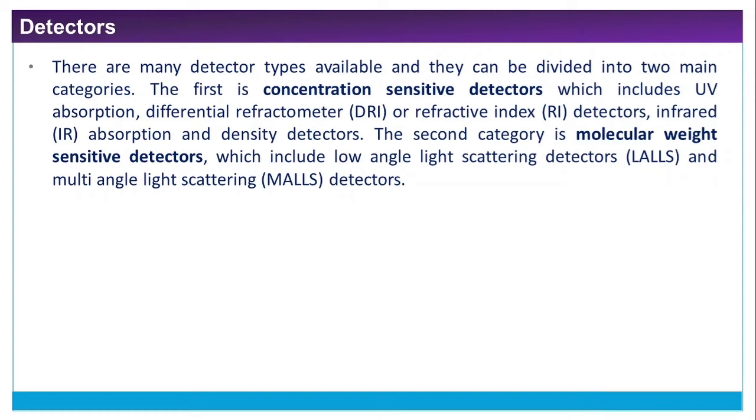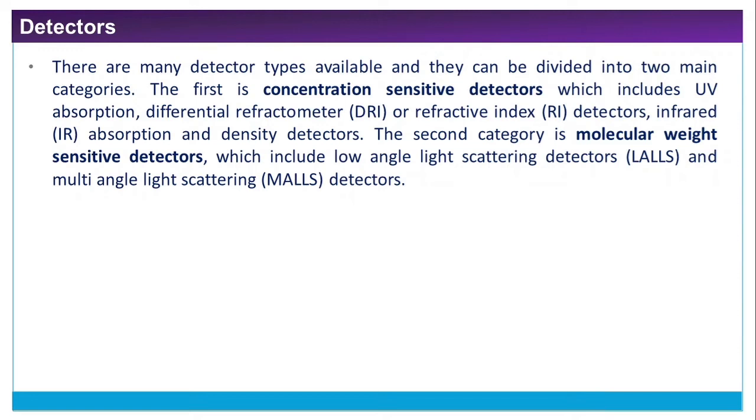These give information about the concentration of the components coming out from the column, and include UV absorption, differential refractometer, that is DRI, or refractive index, that is RI detectors, IR, that is infrared absorption, or density detectors. This type of detector gives information about the concentration of the components present in the eluate. The second category